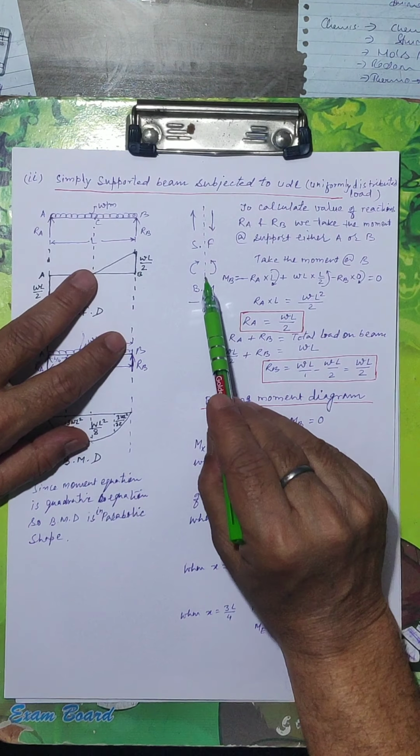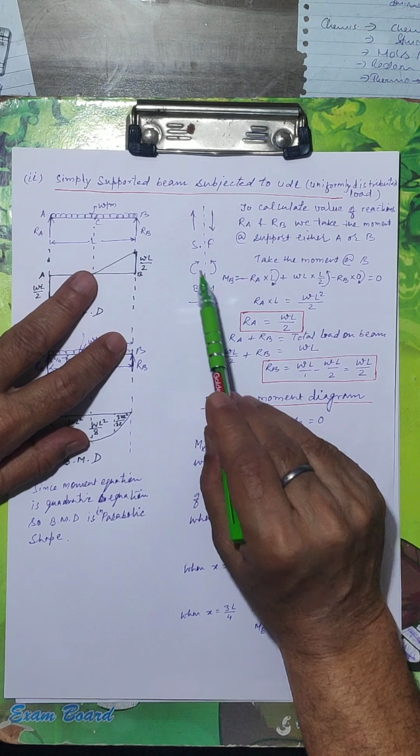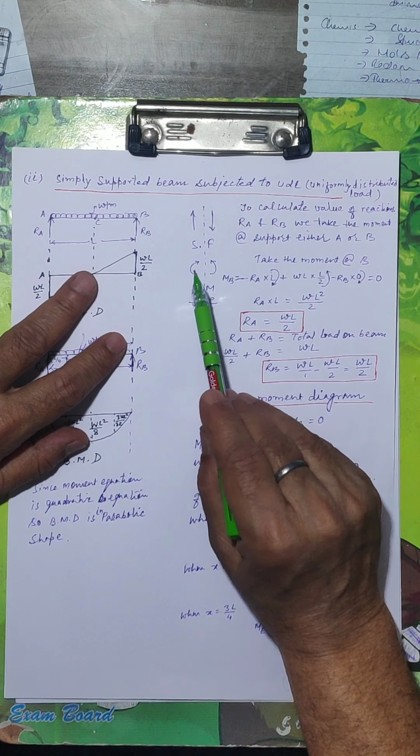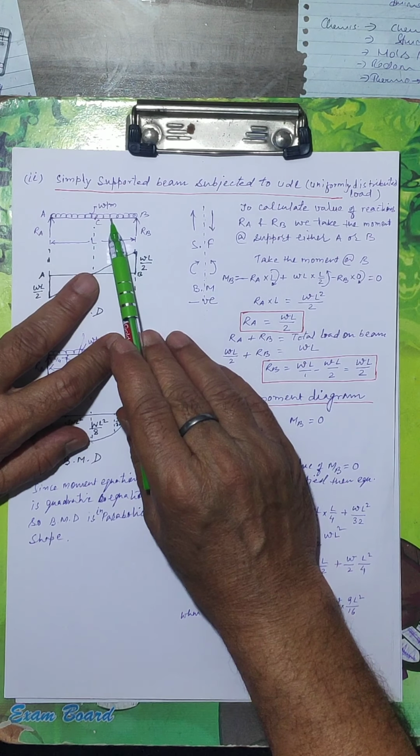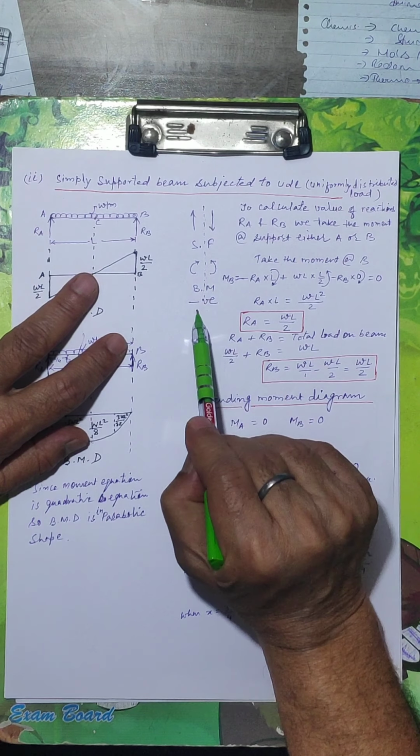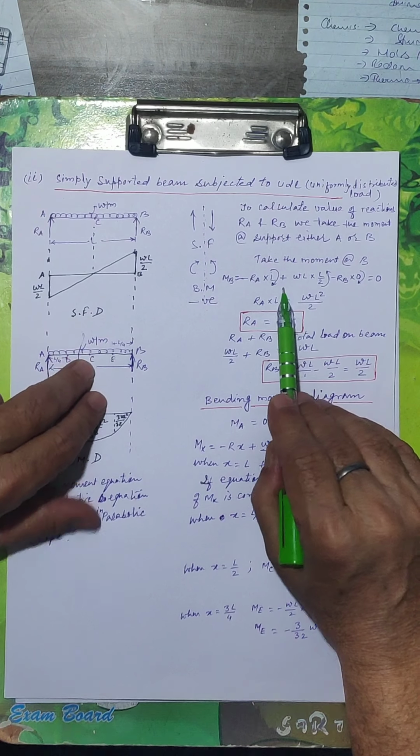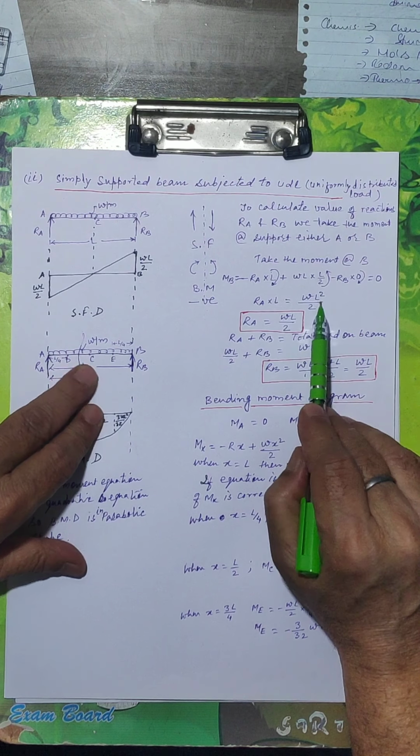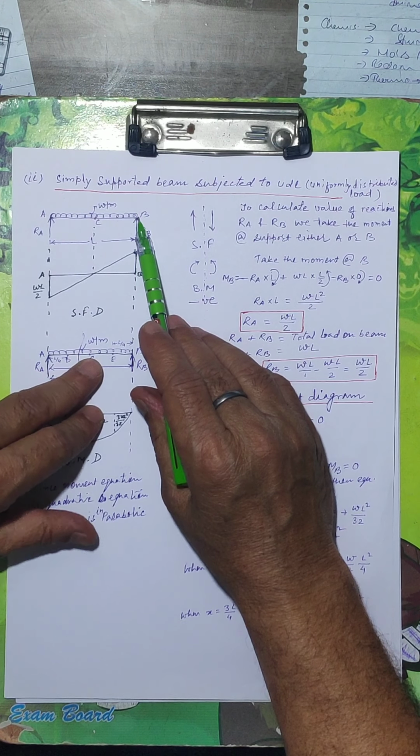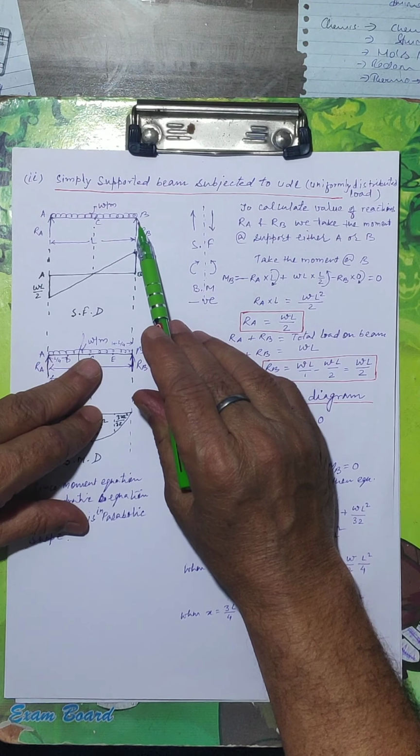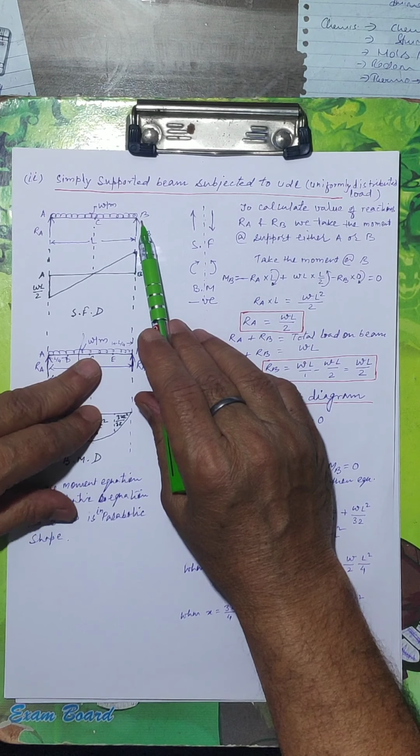If the moment is anti-clockwise on the left side of the section, it would be taken as positive. That's why we take the positive WL into L/2 minus RB. RB is passing through B, and we are taking the moment about B, so the distance